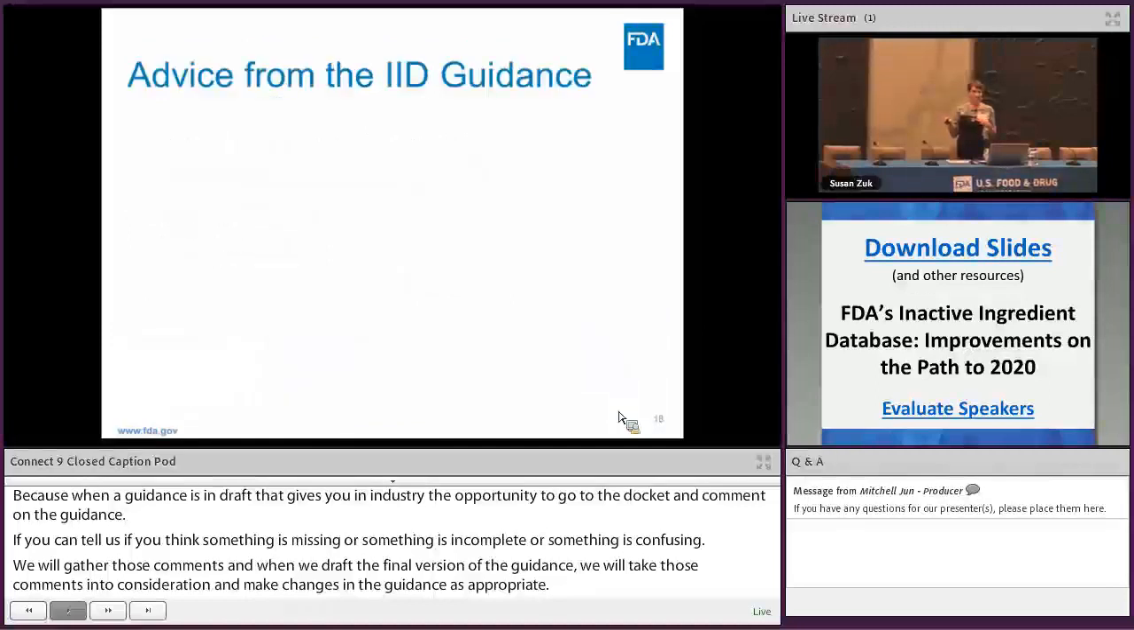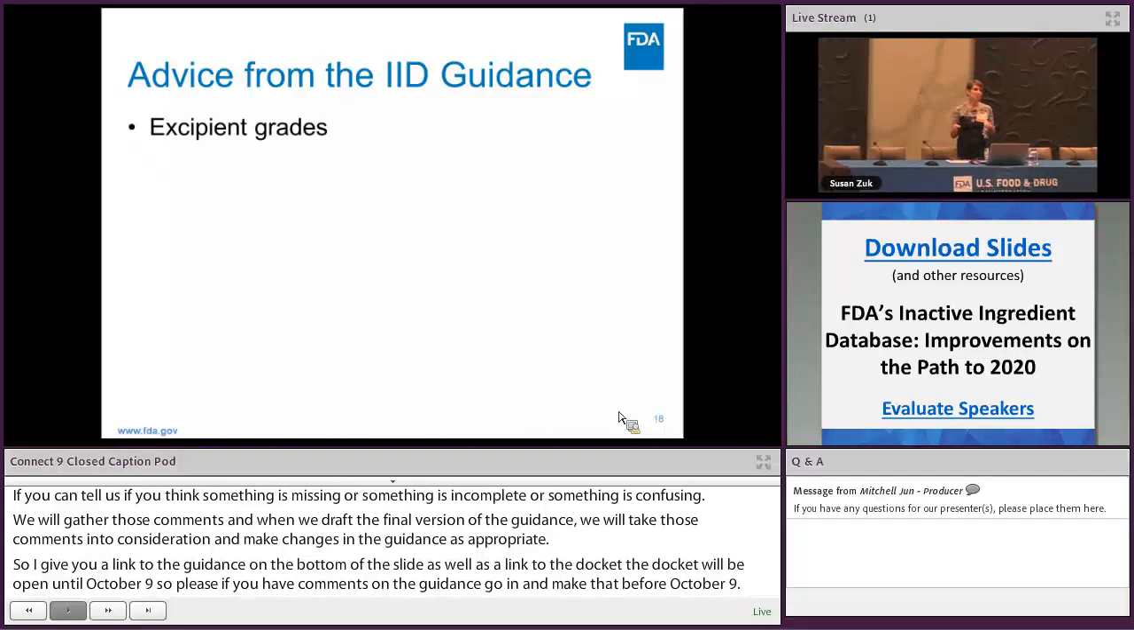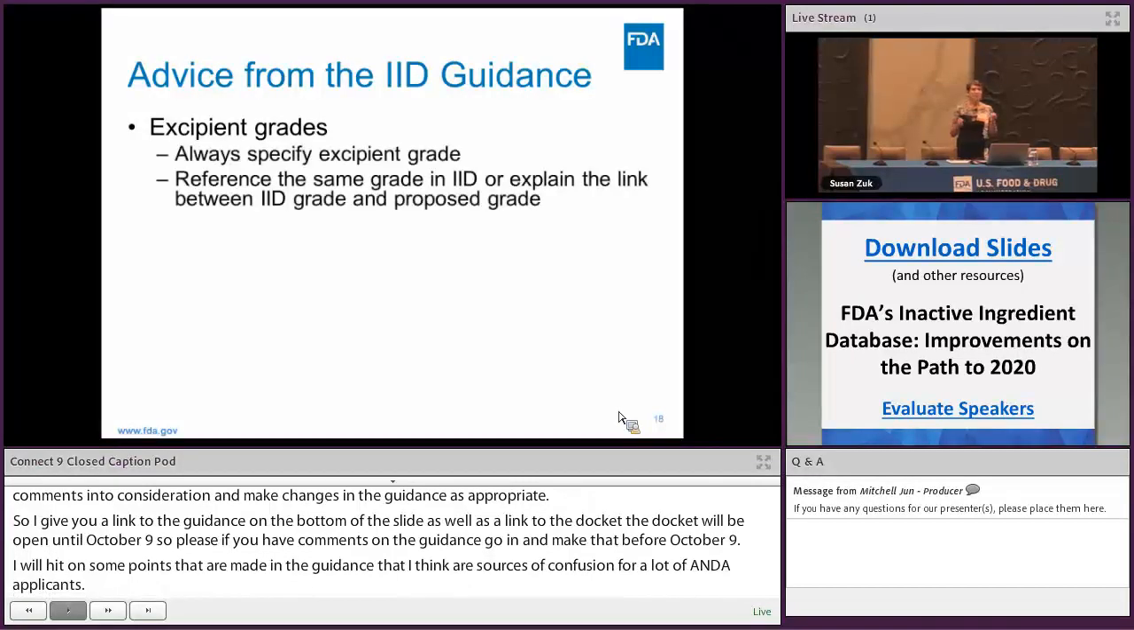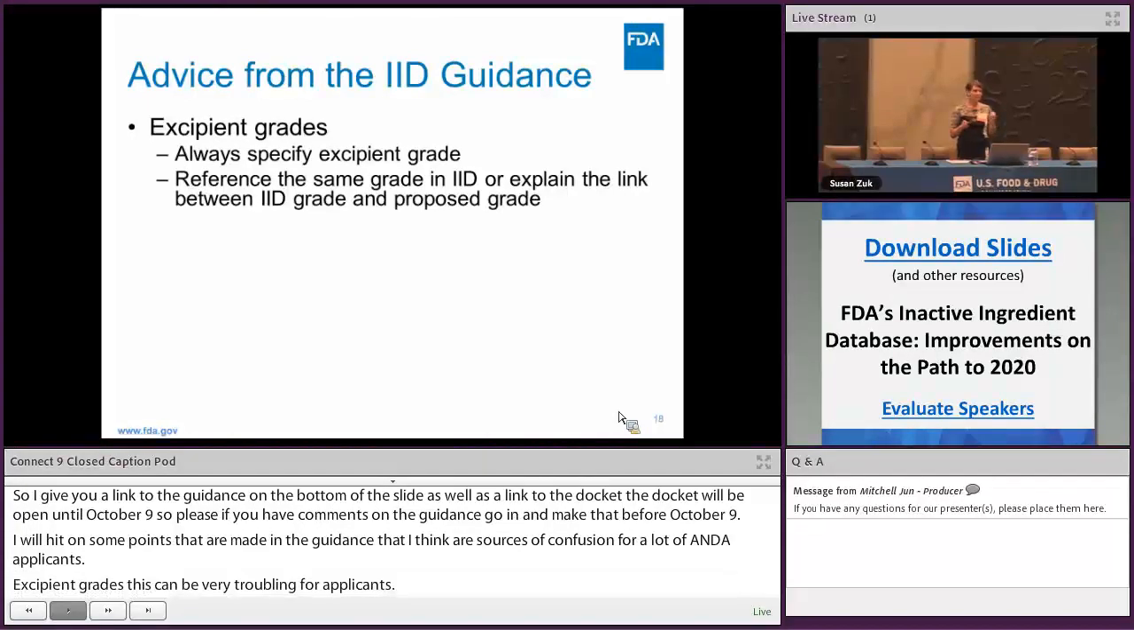I'm going to hit on some points that are made in the guidance that I think are sources of confusion for a lot of ANDA applicants. Excipient grades. This can be very troubling for applicants. My advice to you is always tell us what the grade of the excipient is if the excipient comes in